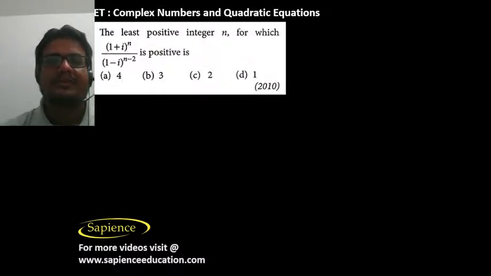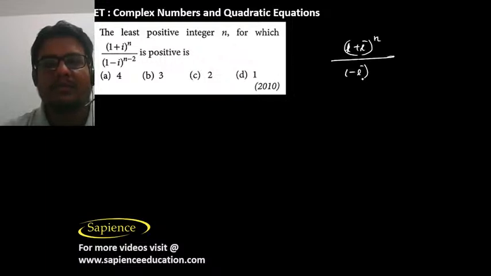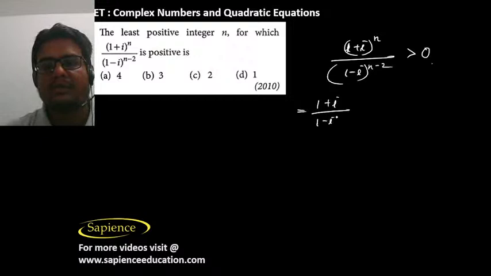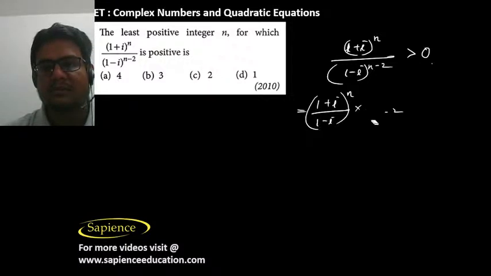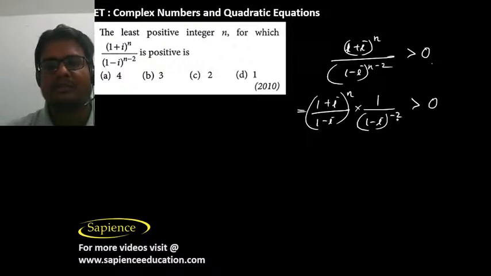Now, the least positive integer n for which (1 plus i) whole power n divided by (1 minus i) whole power n minus 2 is positive, that is how much? So this (1 plus i by 1 minus i) whole power n we can write, sorry, it should be 1 by (1 minus i) whole power minus 2, that should be greater than 0. So it means that